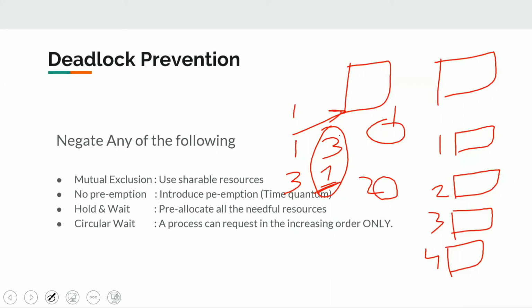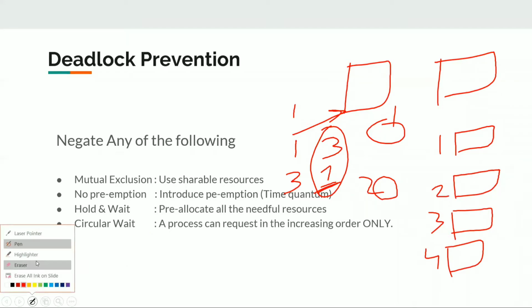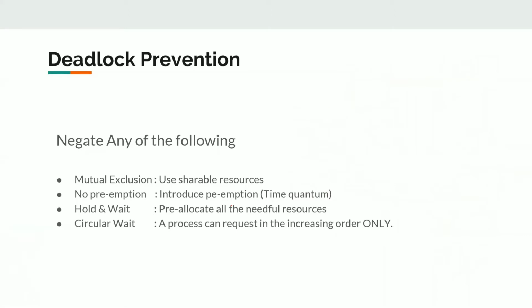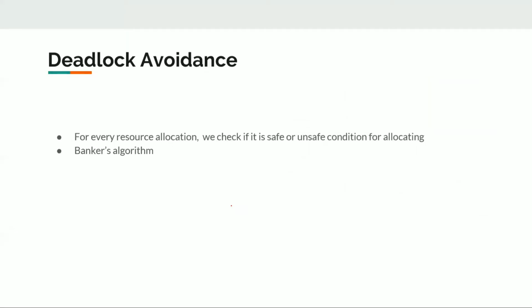So these are the 4 broad methods which are used in deadlock prevention. But let me tell you that they are very impractical, and the most practical method is to ignore the deadlock. Okay, the next thing is deadlock avoidance. There is something called Banker's algorithm that we use in deadlock avoidance. We will see in great detail what Banker's algorithm is, so we will just skip it for now.